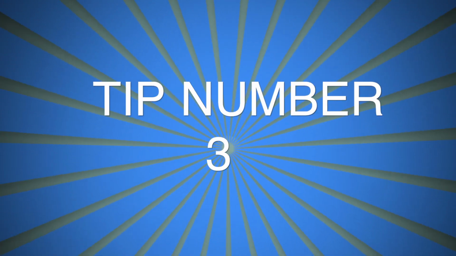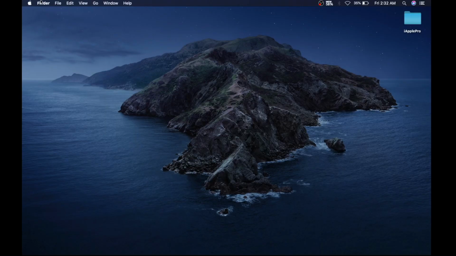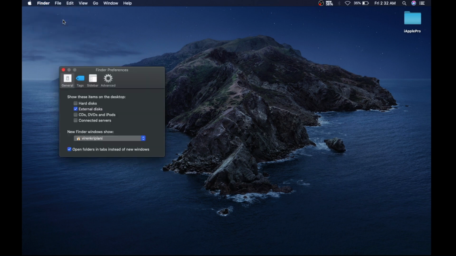Now let's go to tip number 3. Go to the Finder toolbar and select Preferences. So in General tab, it will show you the items to show on desktop: hard disk, external disk, CD, DVDs, and connected servers. You can select what to see on desktop. Now next is New Finder window shows.